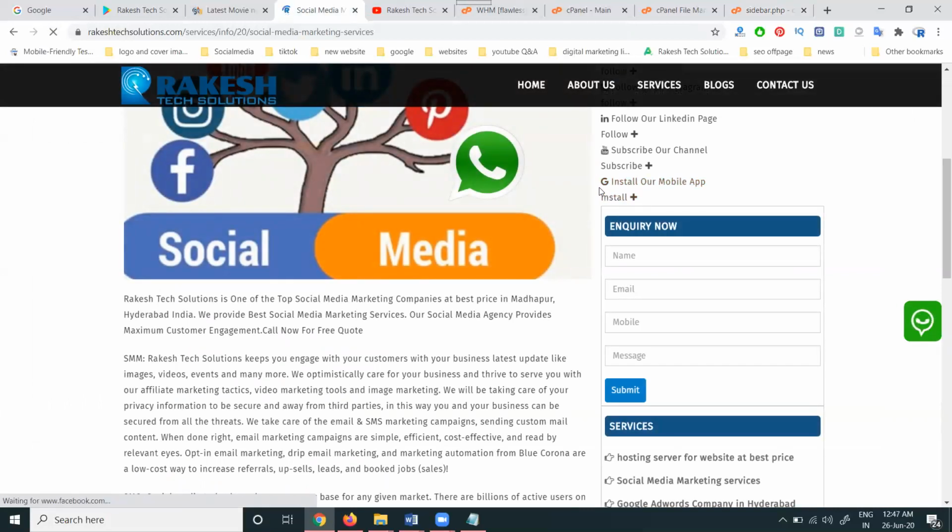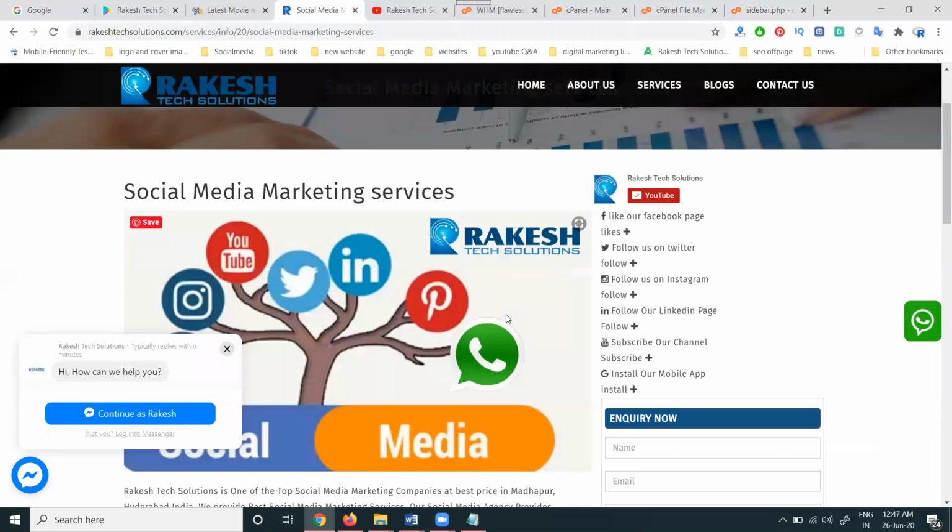This is the particular code we can use for the social media icons. On the particular website, in the right side corner or any option, wherever our corner is, we can add your social media icons. The purpose is to increase social media links. The main thing is followers, page likes, subscribers, and app installs.